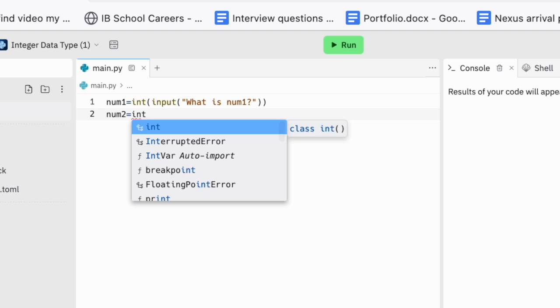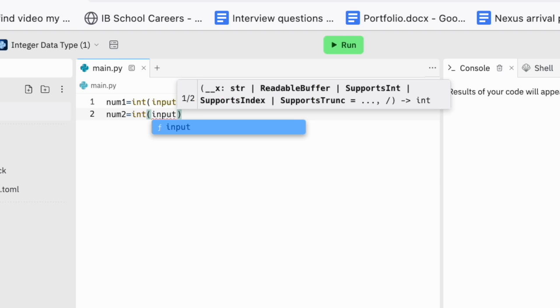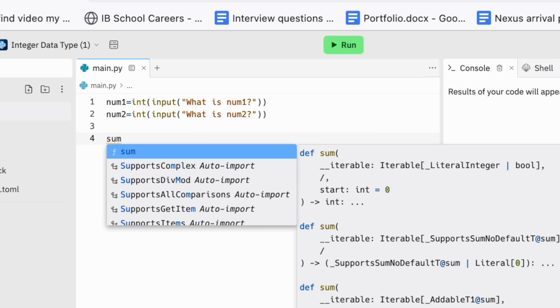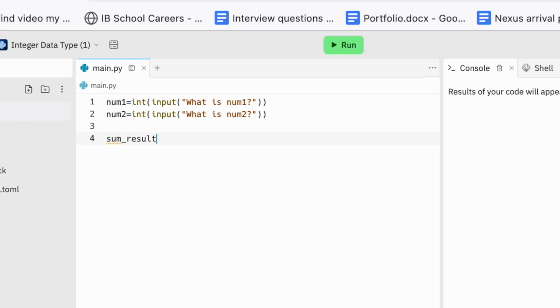Now we're making num2, which will equal again an integer data type to be input in response to what is num2. So the user is going to get asked to enter each of these numbers. They'll be saved in two variables. Now we will type in sum result. And what sum result will do is it's simply going to add num1 and num2 together,